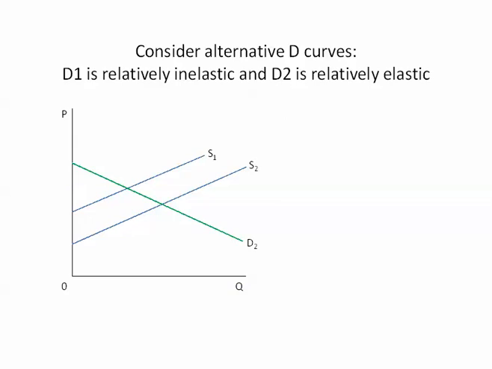What about the relatively elastic case? Here we're starting at E1 and going to E3. At E1 we have $100 and we have our initial 10 units. But at E3 we're going to 20 units and the price is going to fall to 70. So what happens here with this increase in supply, creating downward pressure on price, is that the elasticity of demand is still the percentage change in quantity over percentage change in price, and that's going to be equal to